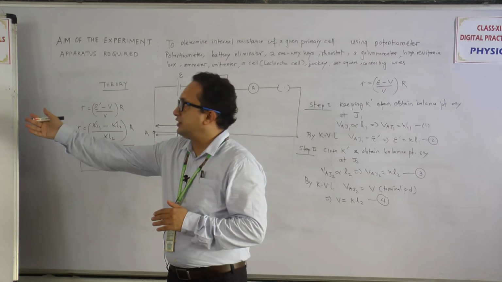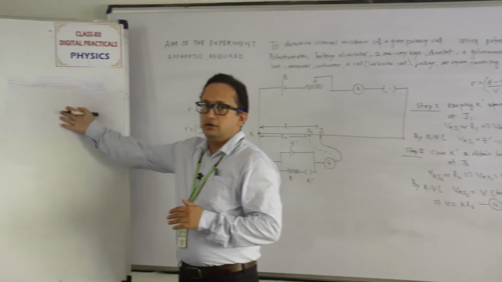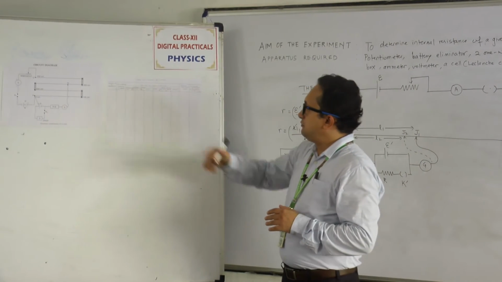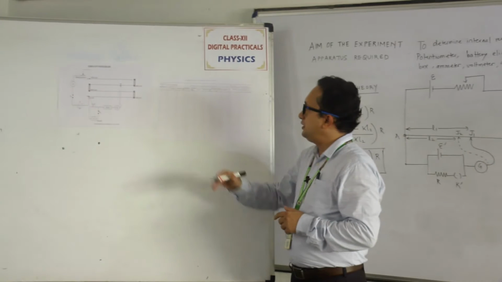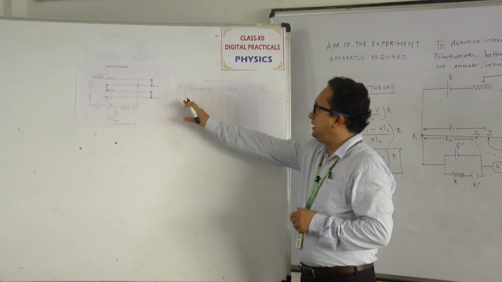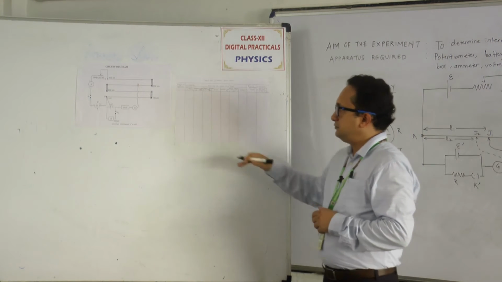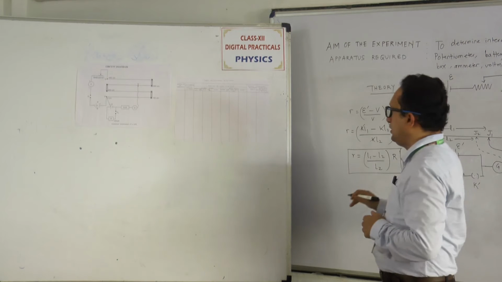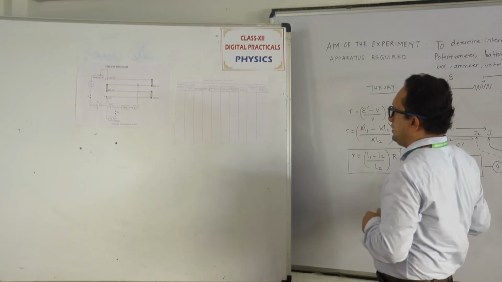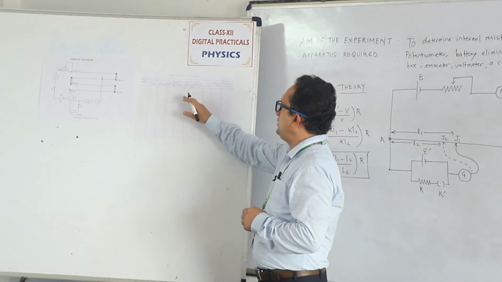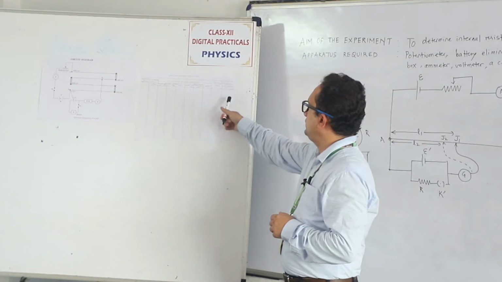And of course, after the experiment, you have to look at the observation table. You have to have a milliampere reading. Then, without shunt, this resistance R is called a shunt. Without the shunt and with the shunt, and then you find out that